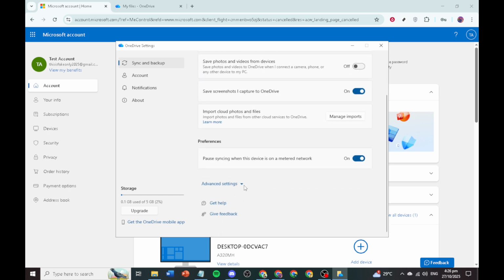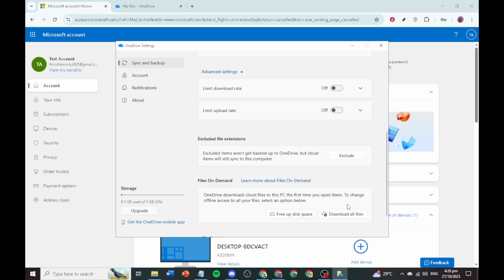By following these instructions, you should have a fully functional OneDrive setup, ensuring your files are backed up and accessible